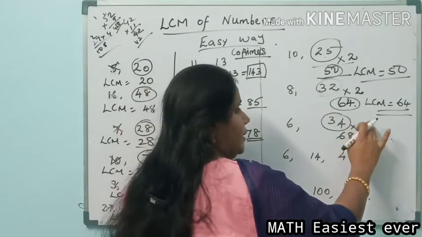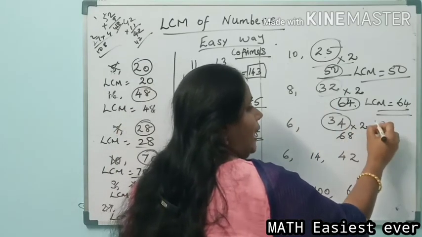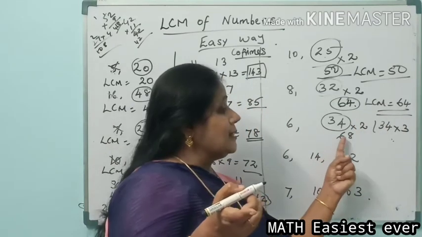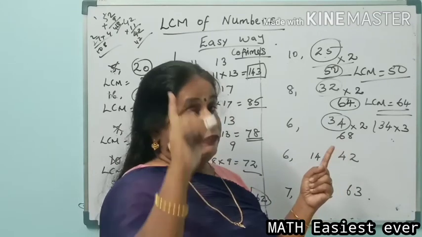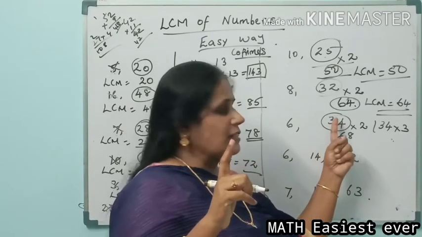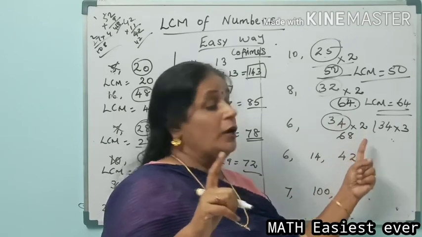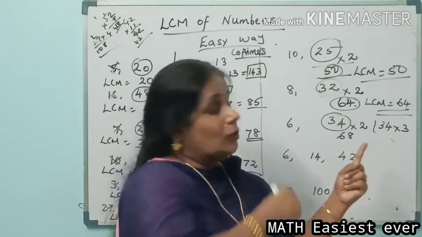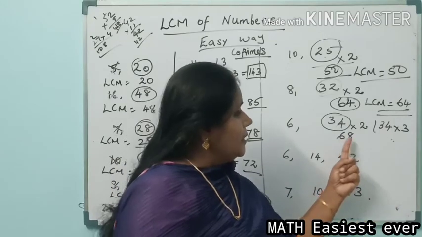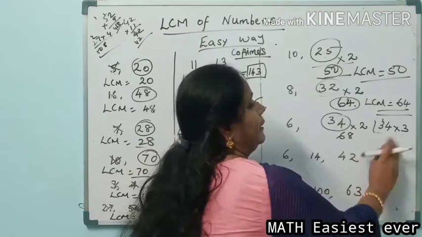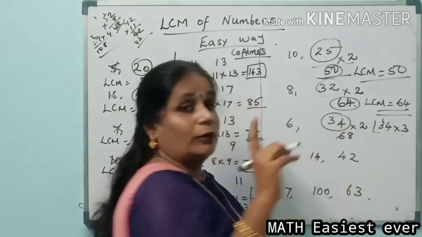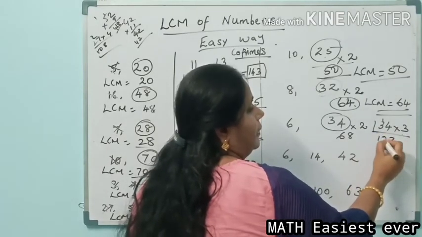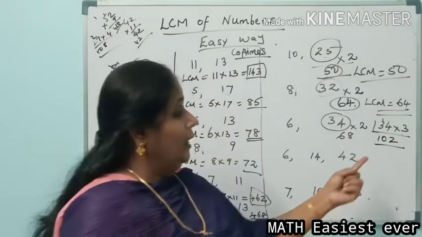What you have to do is, take this 34 and multiply with 3. Some will make a mistake in this. They will take 68 and multiply with 3. No. The first number is 34. First we multiplied 34 into 2 and got 68. Now 6 doesn't divide 68 completely, so it leaves a remainder. So take this 34 and multiply with 3. Okay children, what will you get here? 3 4s are 12 and 102. Isn't it? 34 into 3 is 102.